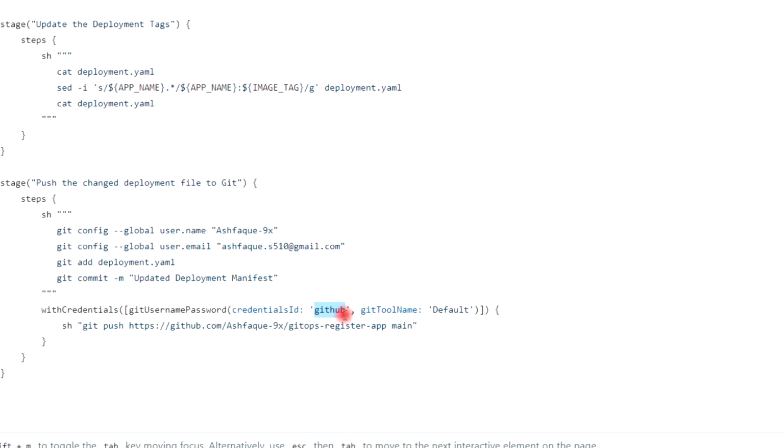The name is GitHub. This is my remote repository, and this is the branch. So it will push the changed file with this command to the remote repository, to the main branch.